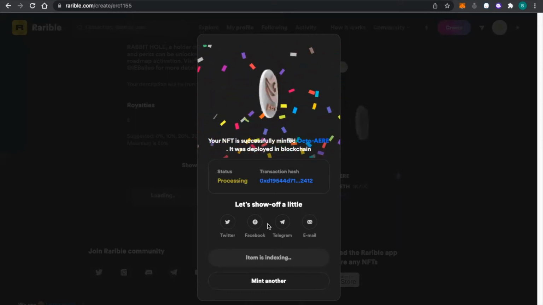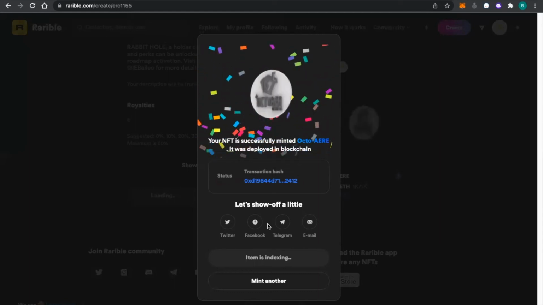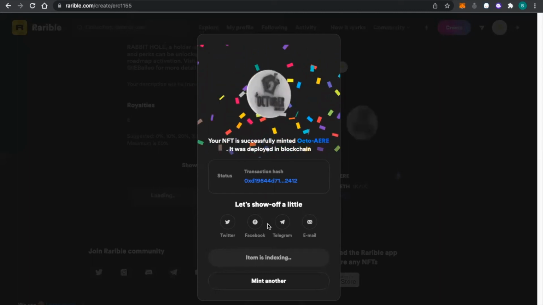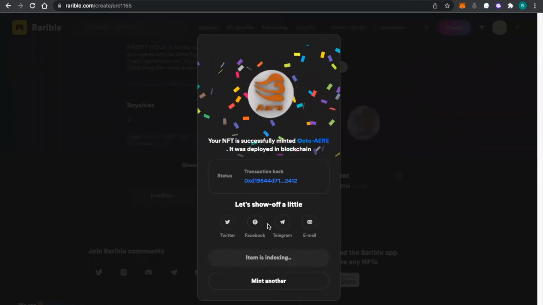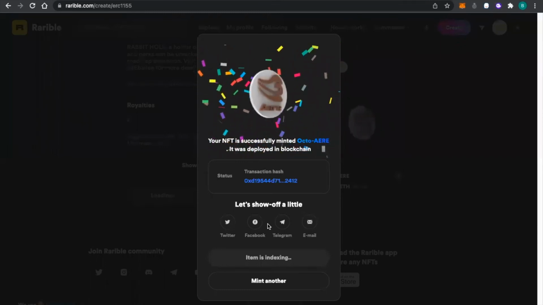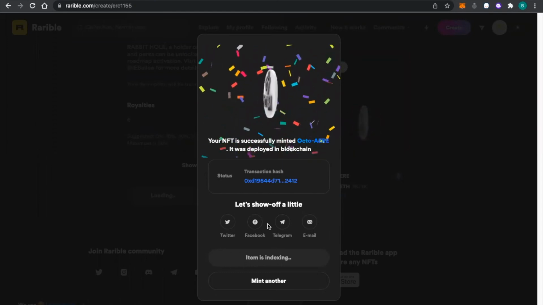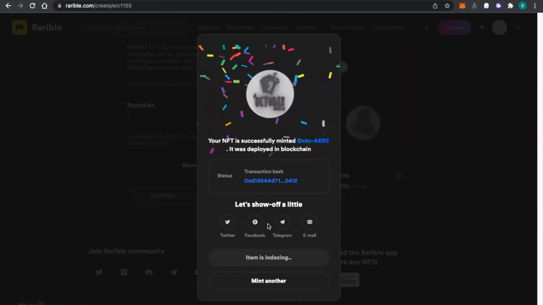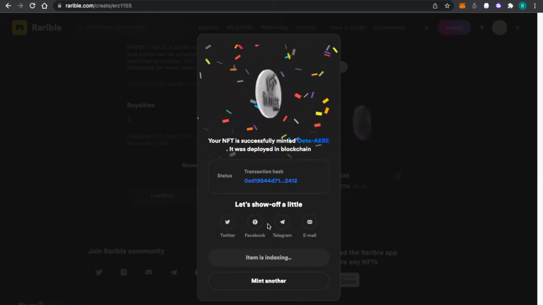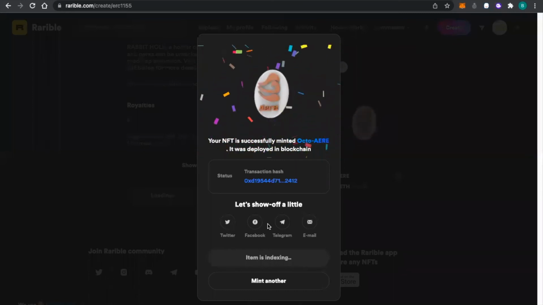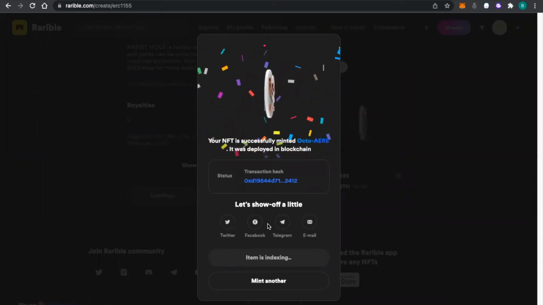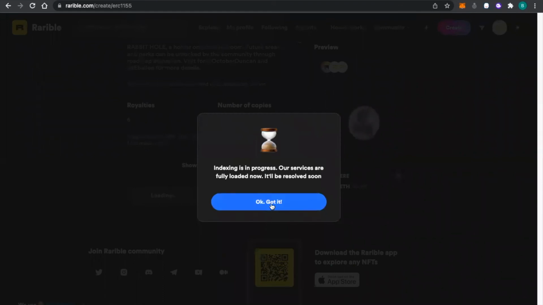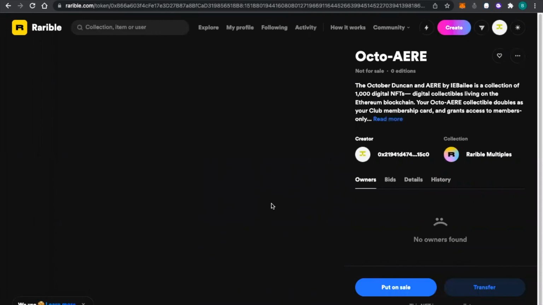So this is the Octo Air. We're gonna get access to the rabbit hole. Basically, the rabbit hole is in our Discord. That will be a holder-only Discord group where we will have a free general area for everybody to just check out, check the temperature of the group, both of our groups combined, and see what's going on. But the rabbit hole is definitely going to be an NFT holder only group chat, where we will update every NFT holder first, and every NFT holder will get direct contact with us whenever you want to redeem your NFT and get it burned for whatever service you wish to turn your NFT in for,